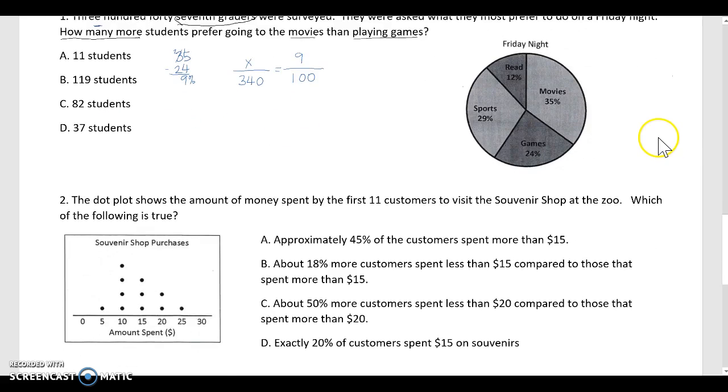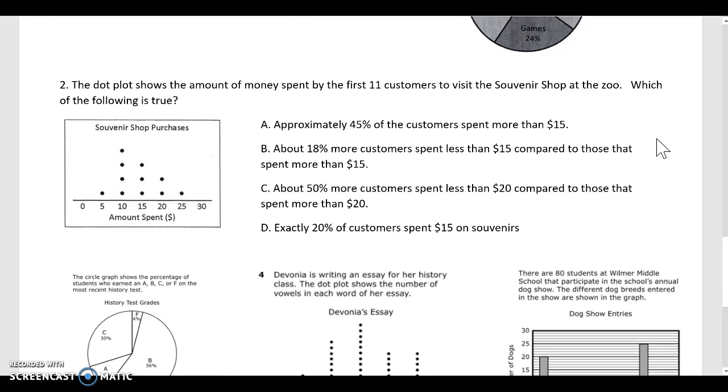Okay, so the next question is talking about this dot plot, but it's using a lot of percentages, so we're going to have to pay attention to that. All right, it says the dot plot shows the amount of money spent by the first 11 customers to visit a souvenir shop at the zoo. Which of the following is true? So first one, it says approximately or about 50% of the customers spent more than $15. Okay, so about 45% of the 11 customers